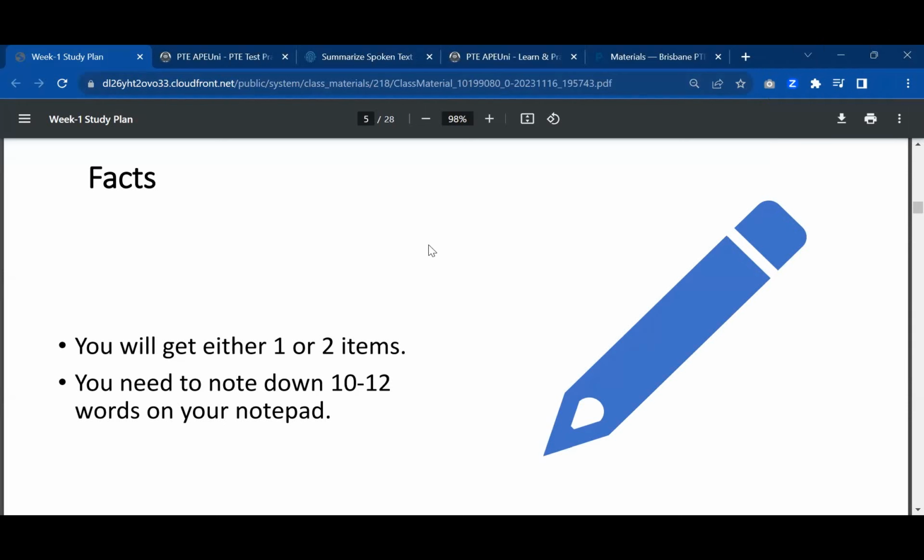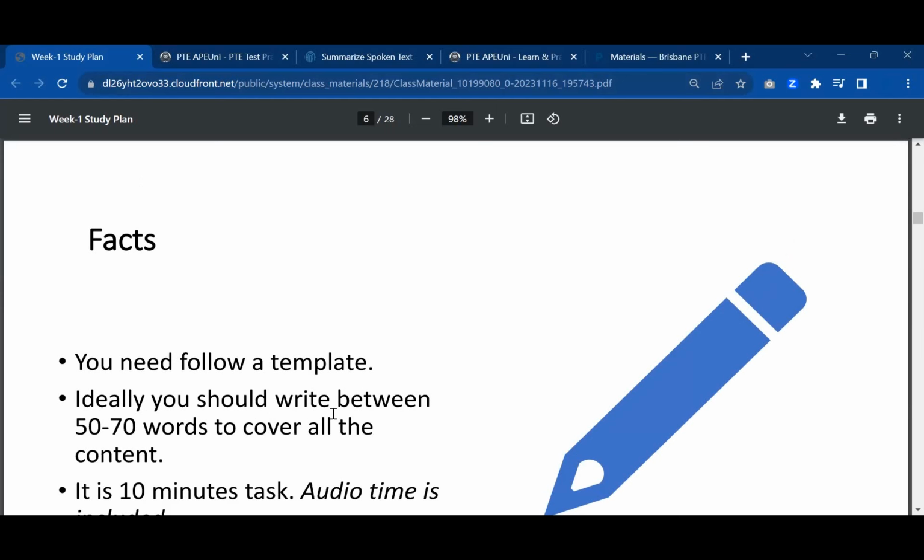Secondly, this is our most important task for SST today. You need to note down 10 to 12 words on your notepad. Now guys, it's going to be, as I said, a 40 seconds, 50 seconds, 60 seconds, 70 seconds, 80 seconds, or 2 minutes long audio, right? Depending on the audio, depending on the test taker, different people will end up with a different number of notes. Your note taking capability is definitely not the same as the person sitting right next to you, right? Maybe the other person will struggle, maybe you will also struggle, maybe this speaker is talking a little bit differently than the easier one. A lot of things can happen, but whatever the audio is like, whatever the duration of the audio is, we have to make sure that we are taking notes